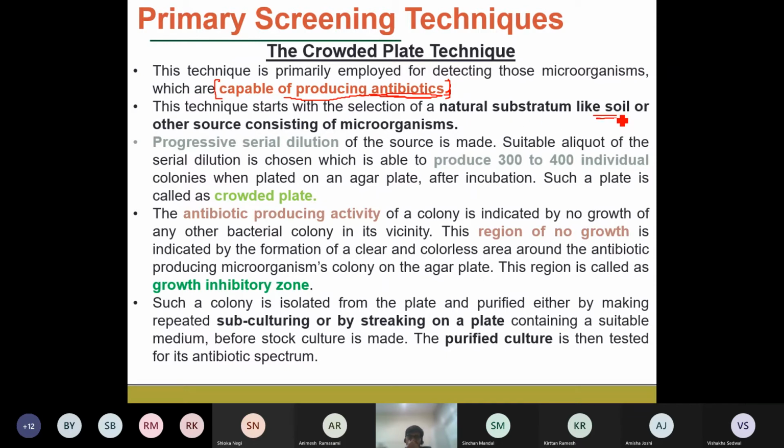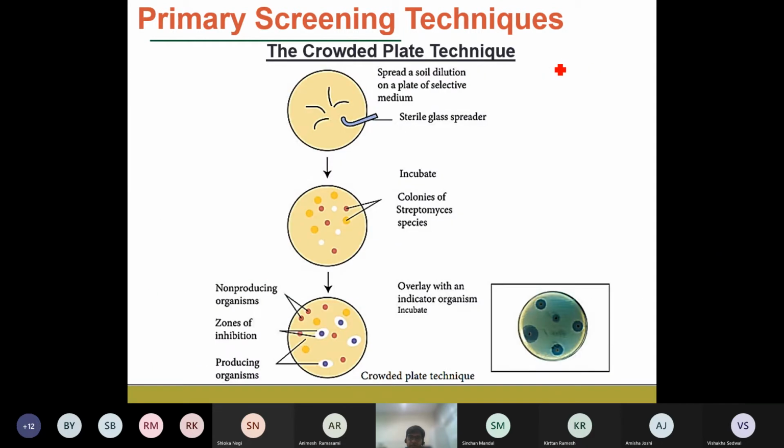Okay, so first of all we take the soil sample and we dilute that soil sample by several factors. The initial soil sample generally consists of a very high concentration of microbes, so what we do is several serial dilutions. Suppose you have the initial stock of, for example, 10 gram per liter soil, we take the soil and we add water, and then we dilute it.